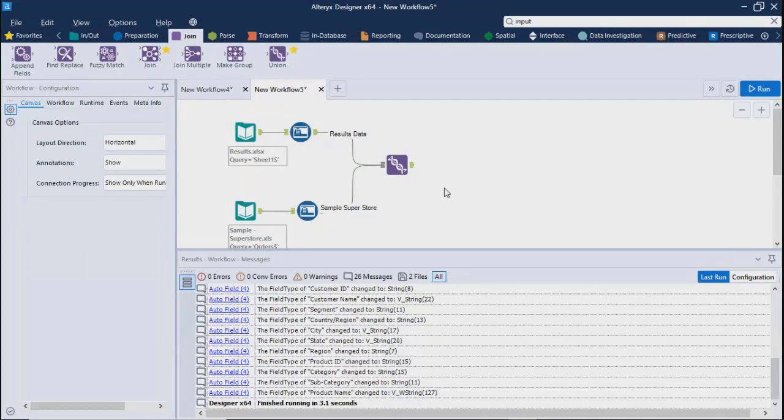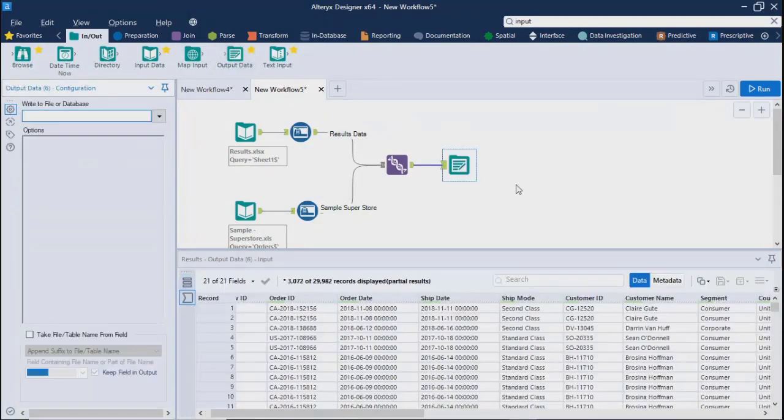Correct. So what I'm going to do now, as Vishnu mentioned, I'll take output data, we'll put it here, and as soon as you put it here, it will ask you to configure it, right? Like where you want to write this data. So let me just try SQL Server. I have never done it on this system. Let's try that, I want to store this data into SQL Server.